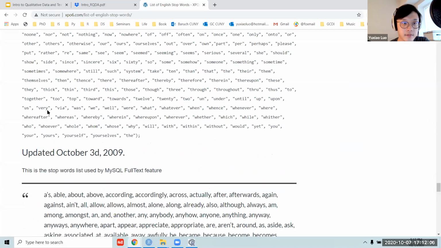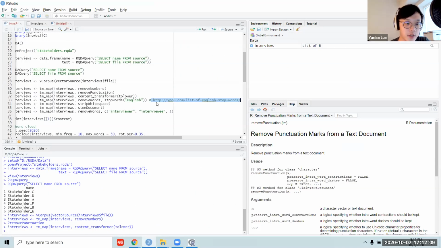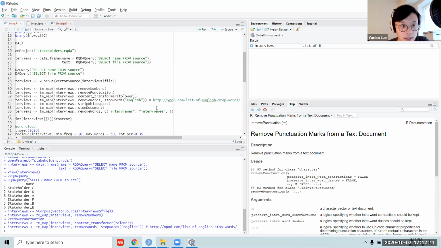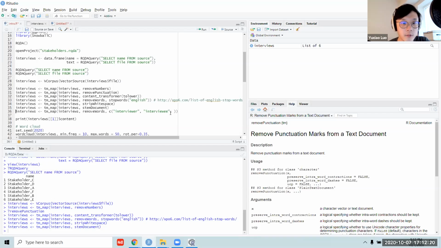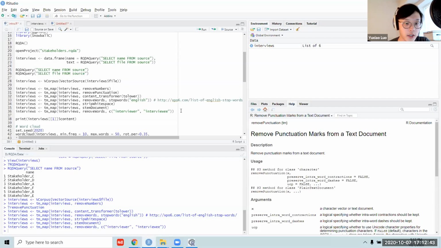So here we remove the stop words and then strip the white space. We don't want the white space, and then stem the document. And then later on, we find that there are many words about interviewer and interviewee. They have no meaning in our analysis of the transcripts because they're just specifying who's speaking. So we can just remove all the interviewers and interviewees. So after we have done all this,